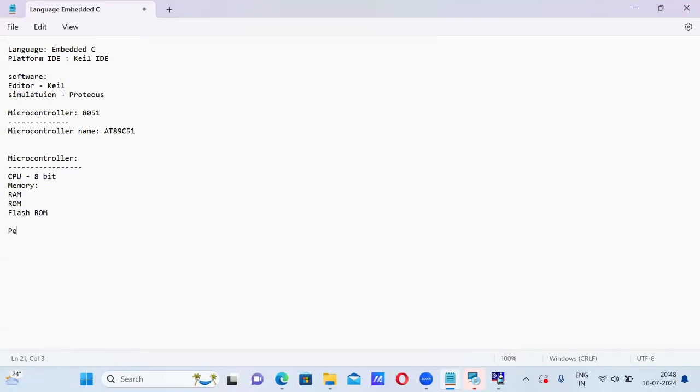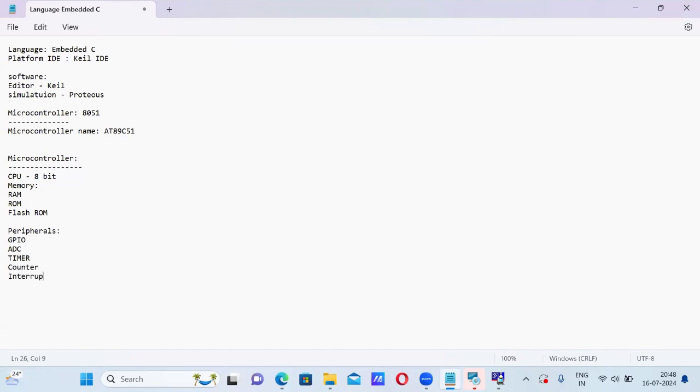Apart from this, if I talk about peripherals, it has some ports, some GPIO, general purpose input output pins. Then apart from this, there are some modules like ADC, timer, counter,